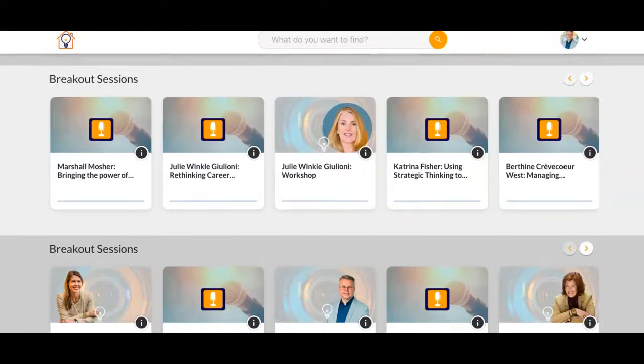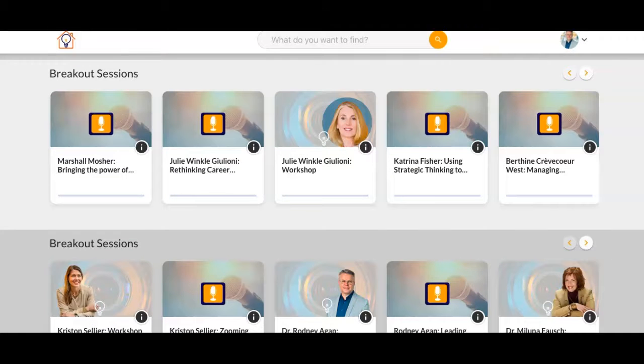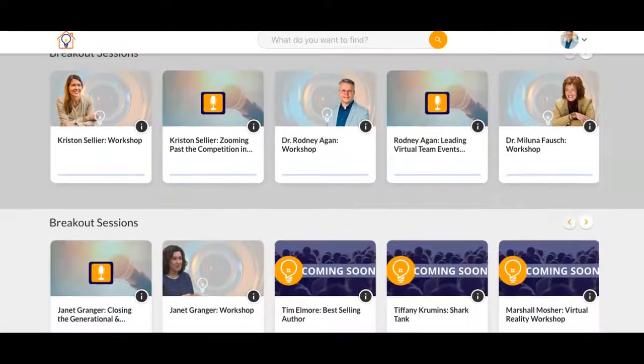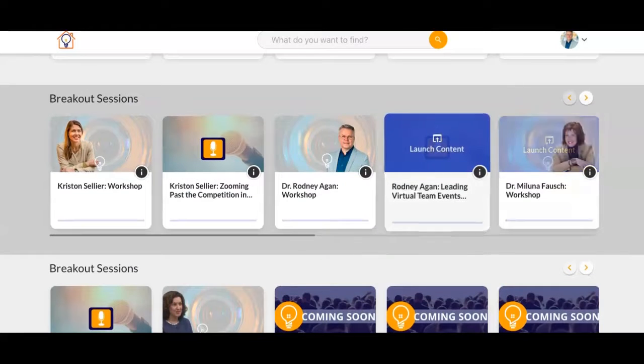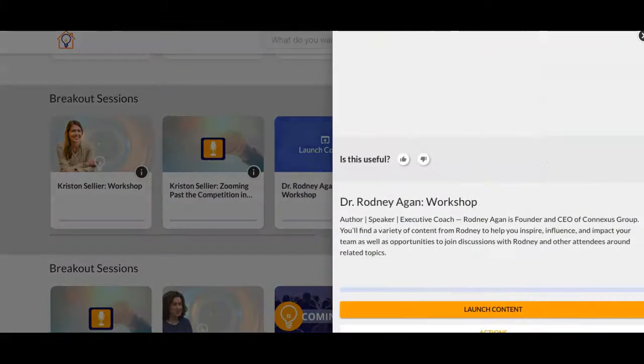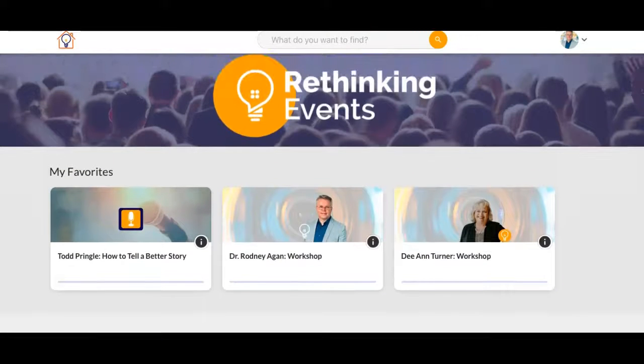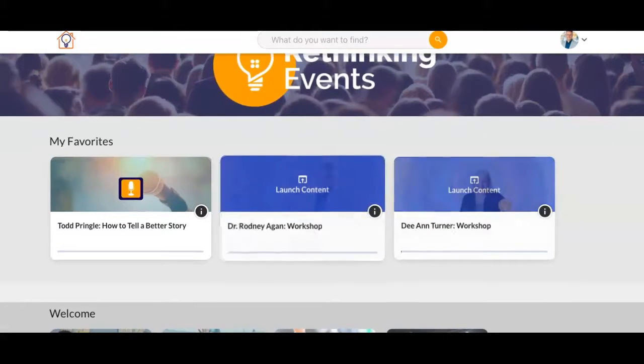Then every breakout session has its own environment. Think about it as individual websites within a website. Every breakout session is listed below. We've taken two or three of these and added them, so if I'm the user, I can go to this particular place and launch the content. When I add it to my plan, it will now be in my favorites bar. So as soon as I log in, anything that I'm currently working on is there. Let's walk into this particular one.